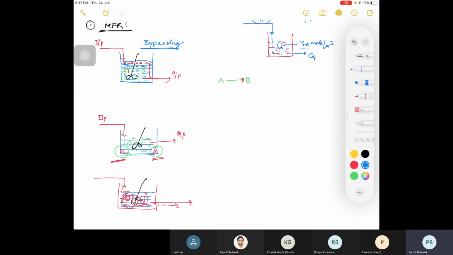Okay. So समझा? Why I'm saying these are non-idealities? Because जो assumption हमने follow की थी that पूरा का पूरा space use होगा. But पूरा space use हो रहा है क्या? नहीं. That is your non-ideality. हमने बोला था परफेक्ट मिक्सिंग है, पूरे मॉलिक्यूल मिक्स हो जाएंगे, बट मिक्स नहीं हो रहे, बाईपास हो रहे. सो दैट इज योर non-ideality. So this second one is particularly called your dead zone, or you can also call it stagnant region. But dead zone is most common. Dead space or dead zone.